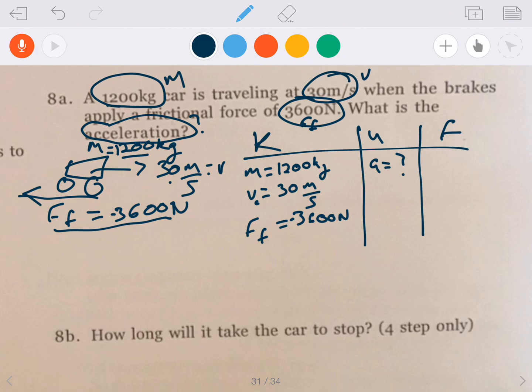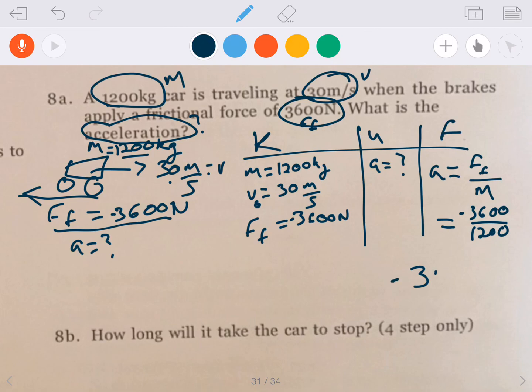Do my KUF. Oh, what am I looking for? I'm looking for acceleration. I didn't put that on there. KUF, knowns: mass is 1,200 kilograms. Velocity, this isn't a starting velocity, so I put V0 equals 30 meters per second, and my force of friction is negative 3,600 newtons. What am I looking for? Acceleration. We've got all the forces we need, so we can simply use force divided by mass. So acceleration equals negative 3,600 divided by 1,200, and that's equal to 3,